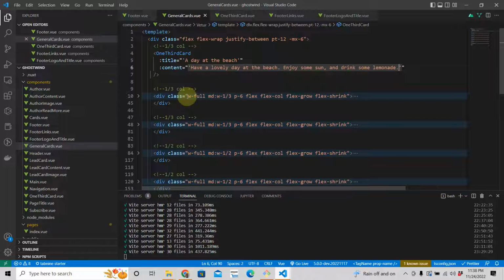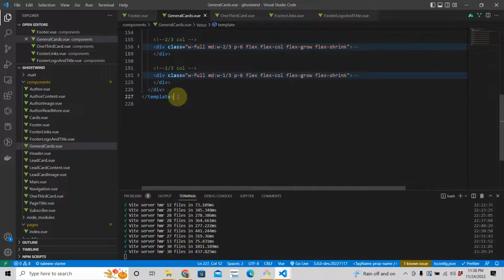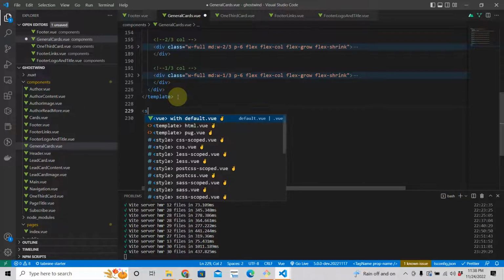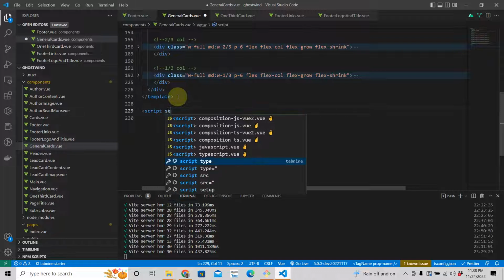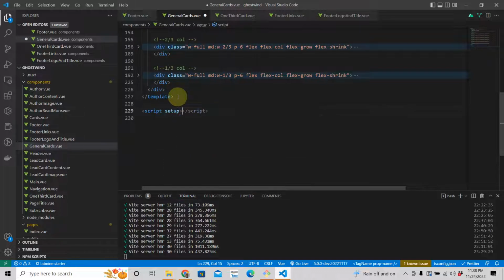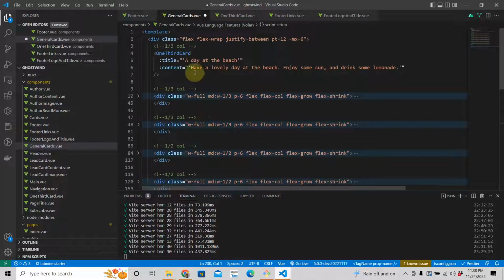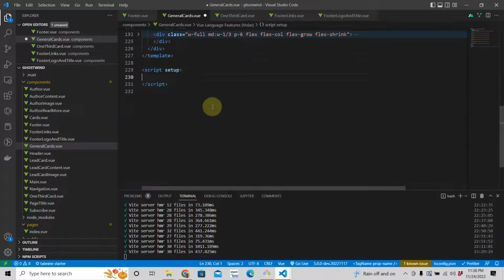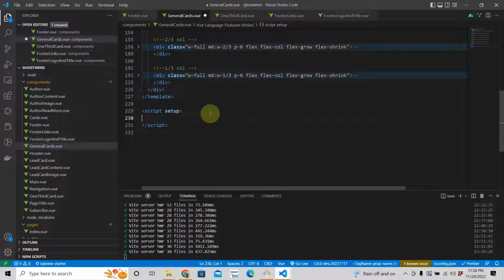So just follow this. It's not that complex. Just follow what I'm going to do here. Right? We're going to say script setup. And what we're going to do is we're going to have an array of this content here, of title and content. Okay, we're going to have an array, and we're going to just say